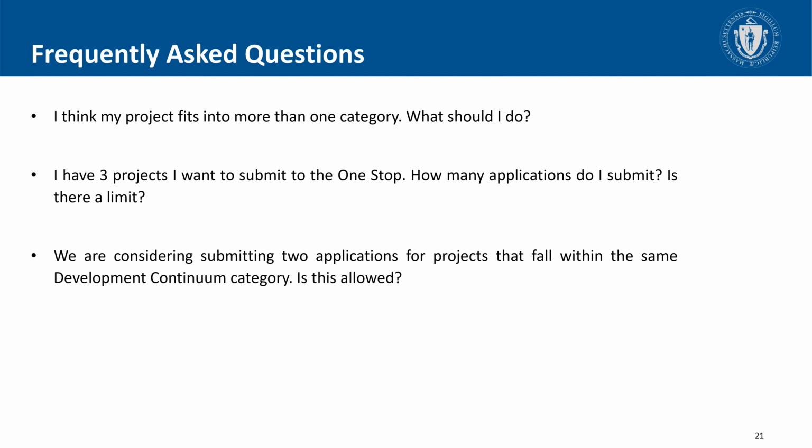Great, thank you. Next up, it looks like there's a question here about is there a chart or graphic available that goes all the way down to the project focus level? Yep, so on the one-stop website, we do have a page dedicated to the development continuum. So if you go to mass.gov/one-stop, you'll see there's a table of contents. You can click development continuum, and then you can click a link to get to the development continuum website, where we do have a graphic that shows all of the project types and project focuses.